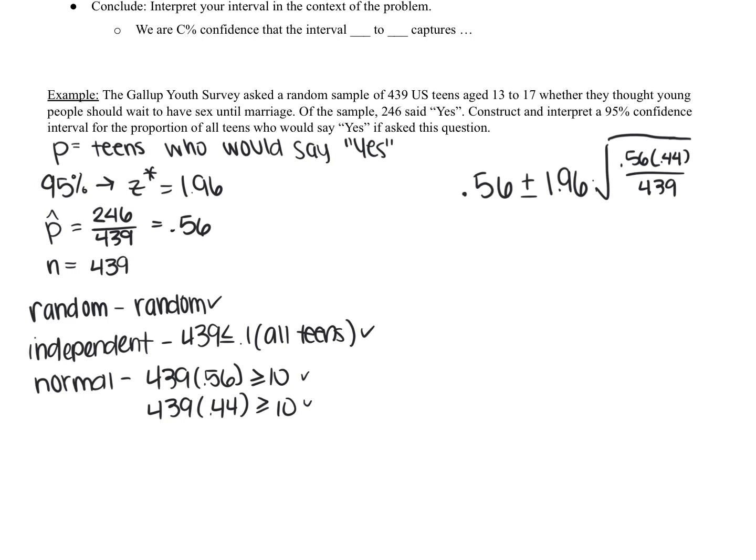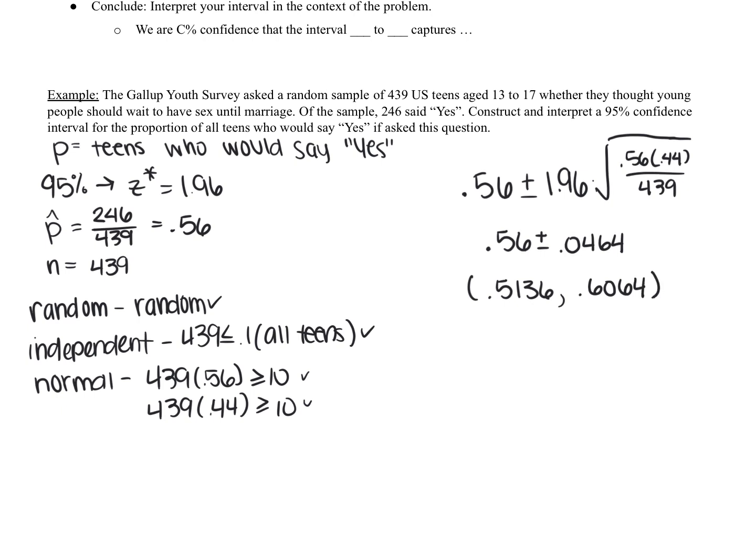So if I'm going to use my calculator, I'm going to do 1.96 times the square root of 0.56 times 0.44 over 439. And I'm going to get 0.56 plus or minus 0.0464. So that's going to give me an interval of 0.5136